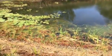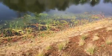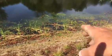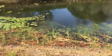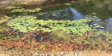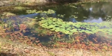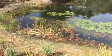Plus all the stuff we cut down. You know, we cut all this stuff and pulled the majority of it out. But as you can see, we need to rake these cattails. We need to rake those back. But a lot of the stuff we cut gets in the water and decomposes and doesn't hurt anything, but I think a lot of it helps feed the algae, or I don't know how it works, but